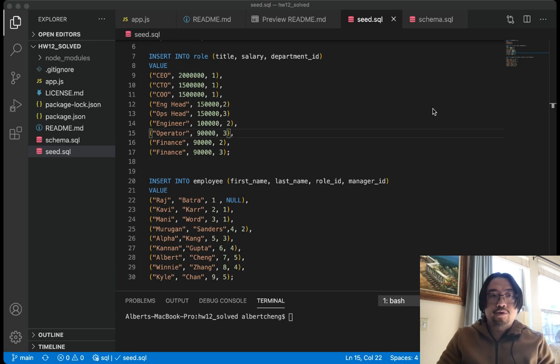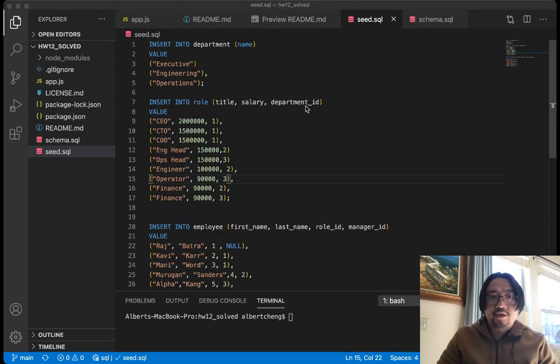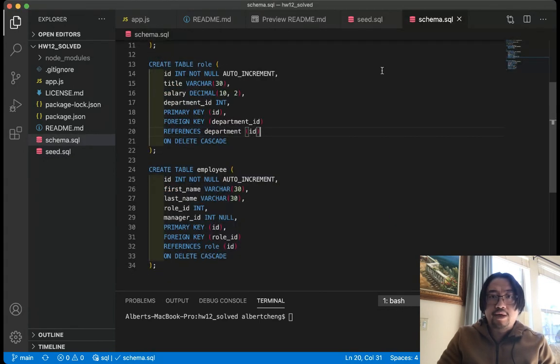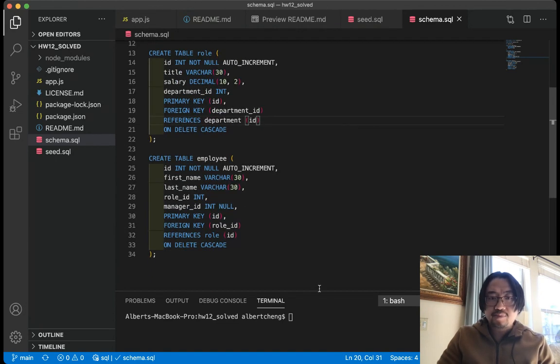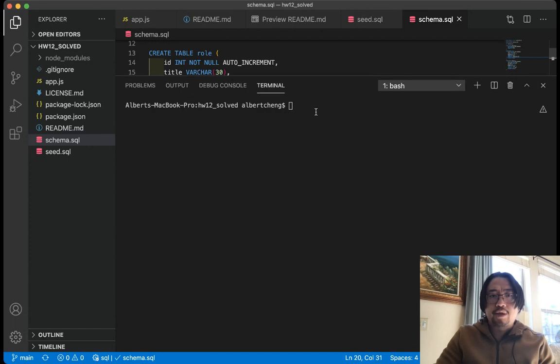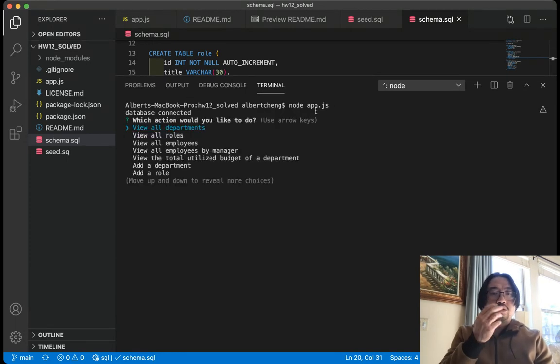So we're going to do a demonstration of the employee tracker app. First, I want to show you the seed that we're entering into the roles for the different people, as well as the schema, which has the tables for the employee database for department, role, and employee. Now to start this app, we're going to type node app.js, and it'll give you several different functions that interact